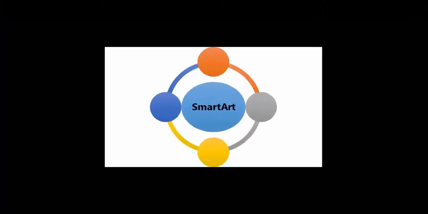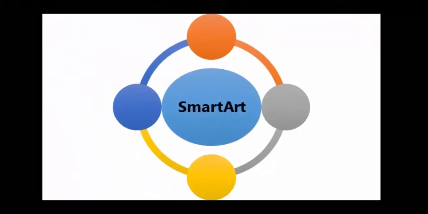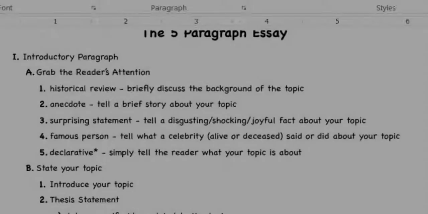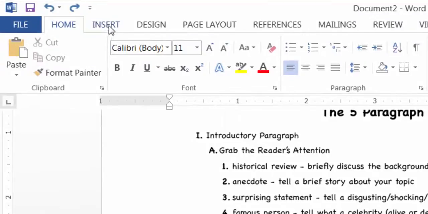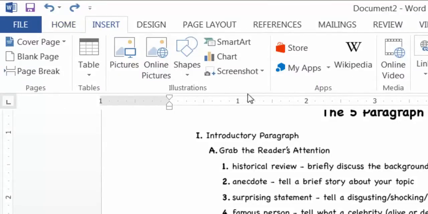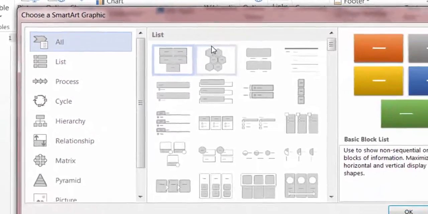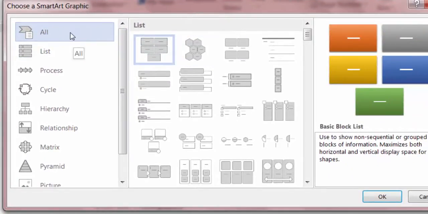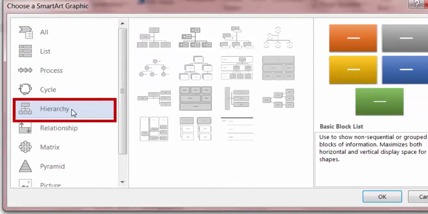It's called SmartArt. SmartArt is relatively simple to use. In Microsoft Word 2010 and 2013, you just click on Insert, and it's in the Illustrations group. From there, it gives you a variety of choices on the menu to the left. Probably the most pertinent to writing, because you're often moving from large ideas to small details, is the category marked